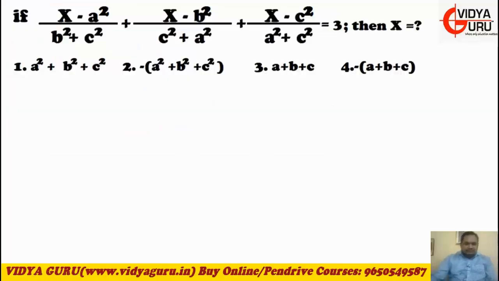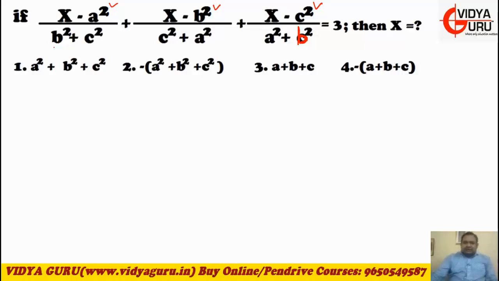Now look at this one. Is this expression symmetrical? A square, b square, c square with negative sign, equal opportunity. So if a is involved above, then b and c are present below. Here b is present above, a and c are present below. C is present above and a, and I think here it should be b only, then it would make sense. So this is the correct question.